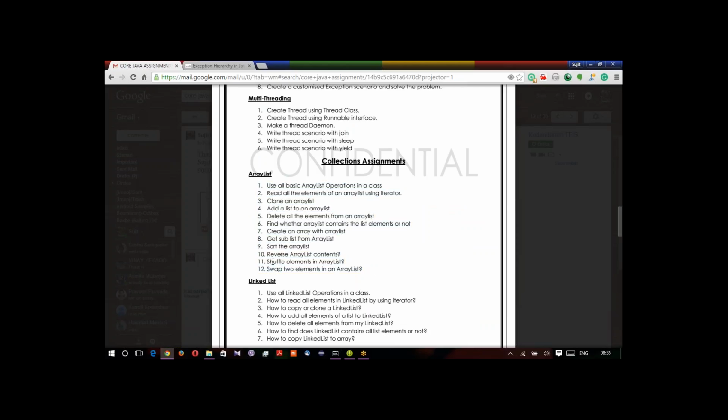We can swap the data, we can shuffle the elements in array list. See, every time you print the values, it will shuffle the values and print. Then reverse the data inside, and sort the array list. We can create another list from this array list. We can create an array from an array list, and delete all the elements from the array list. So if we say clear,